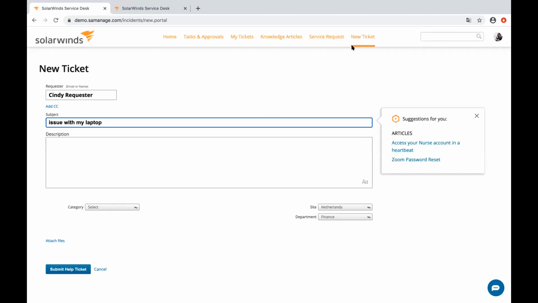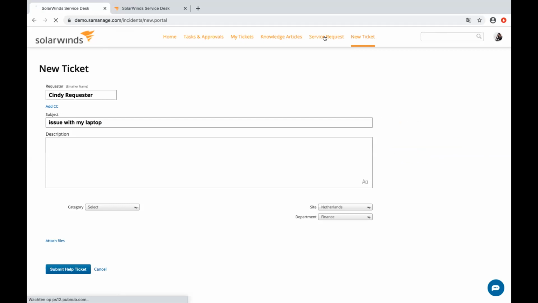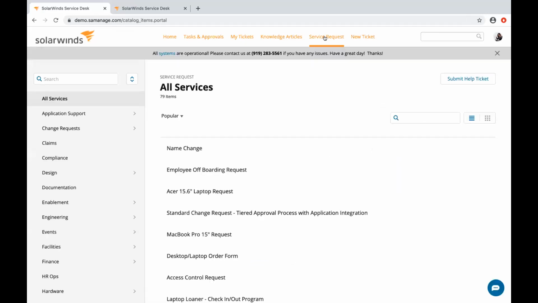Okay. Now, next to creating a new generic break-fix ticket like I'm doing over here, which can go to the service desk, there are other ways of getting in touch with these service departments as well. And like Tony and I already said a couple of times, it's not just about IT. It's giving that employee a one-stop shop whenever they want to request something from the organization. So either it's an IT related service, like access to an application, a piece of hardware, but it might also be a benefit request that I want to make to the HR team, or maybe I want to change the number of my bank account with the finance team,